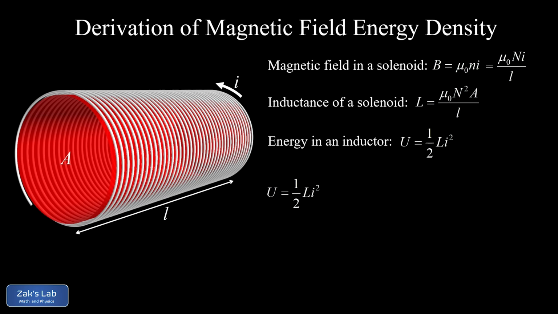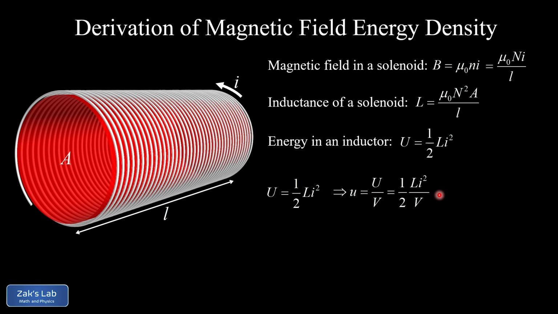So there's our total energy expression that's valid for any inductor. And then we're going to divide by volume on both sides to convert to an energy density. And with this step, I've introduced this new symbol, little u, that stands for energy density or energy per unit volume, and it's measured in joules per cubic meter. So the energy density inside of this solenoid is given by 1/2 L I squared divided by the volume inside that solenoid. So in the next step, we're just going to plug in the inductance of a solenoid for L,